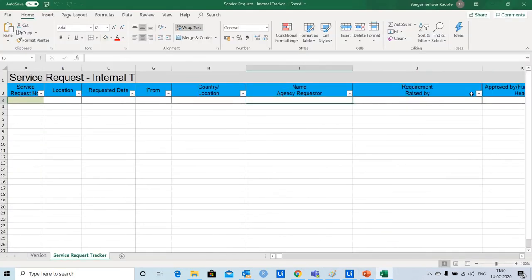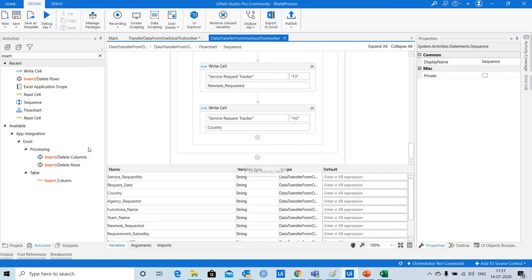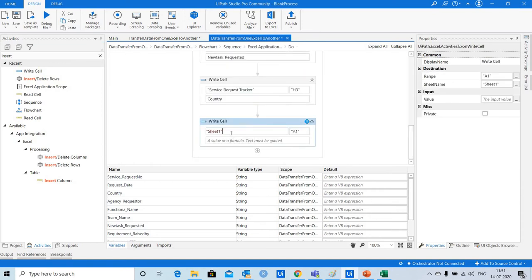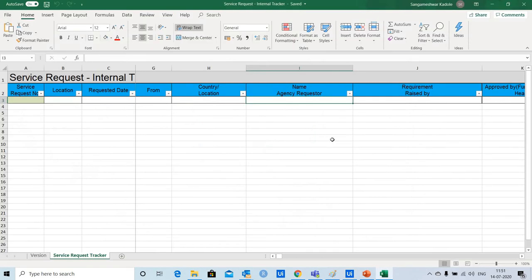So here next I need to capture name of agency requester. For that I will use one more write cell activity, and then copy the sheet name again, and the cell number is I3.